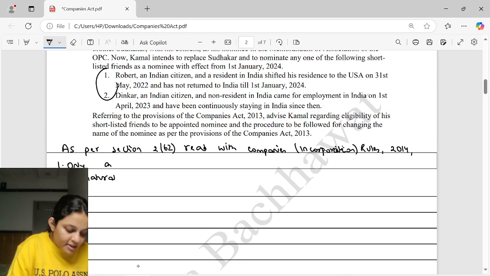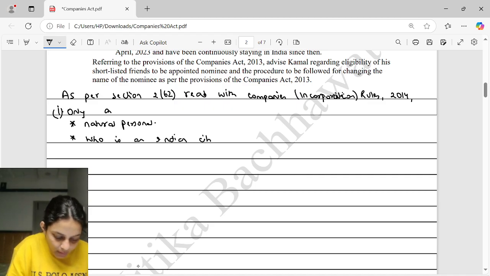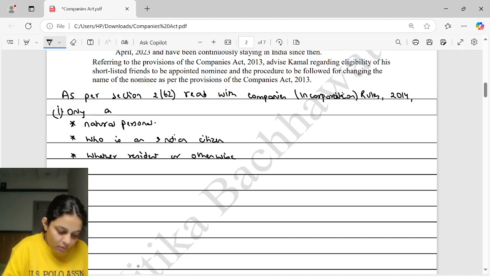See here the question says 2. Please don't write 1, 2. Only a natural person who is an Indian citizen, whether resident or otherwise,